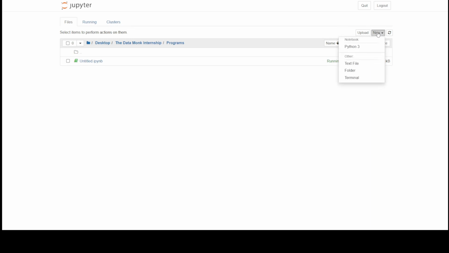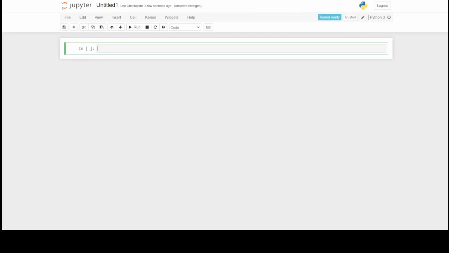For that, I have opened this Jupyter notebook and let us open a new Python 3 notebook. In this, first let us define the function, that is rotate array. For that, let's def. Now this function will have three parameters.